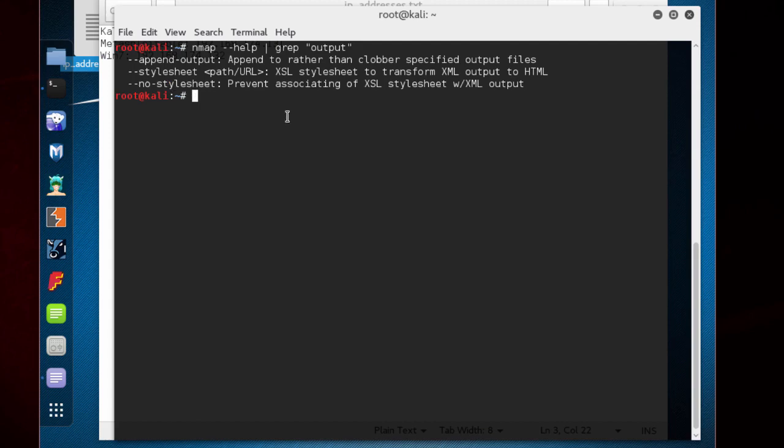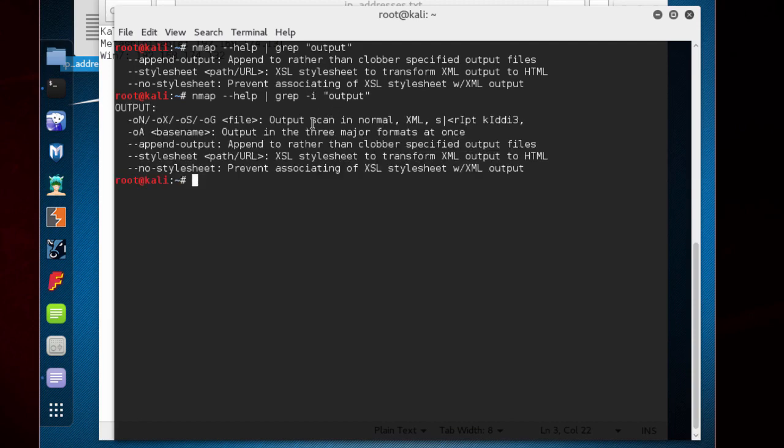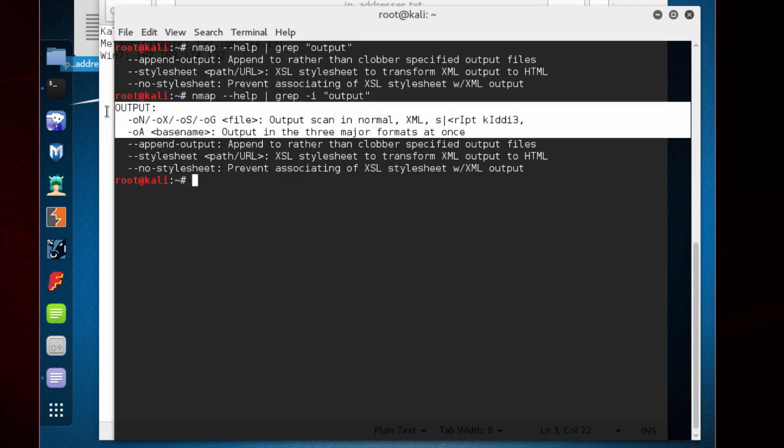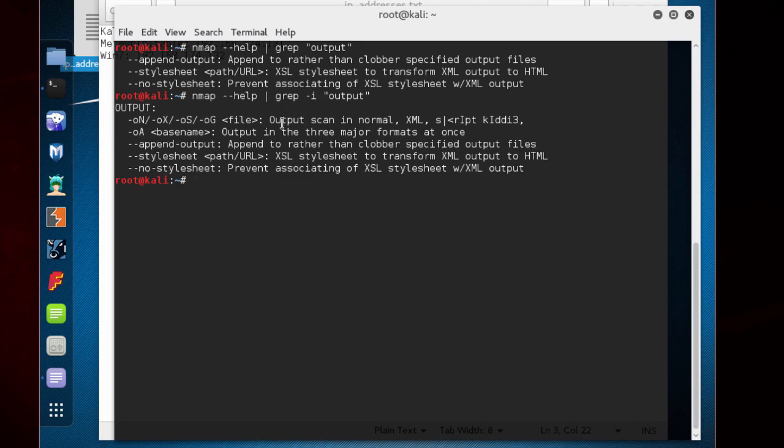So keep in mind this grep is case sensitive. So I will add this and then press enter again. And now I have it. These first two lines tell about how you can save the output, like in normal, XML or other versions